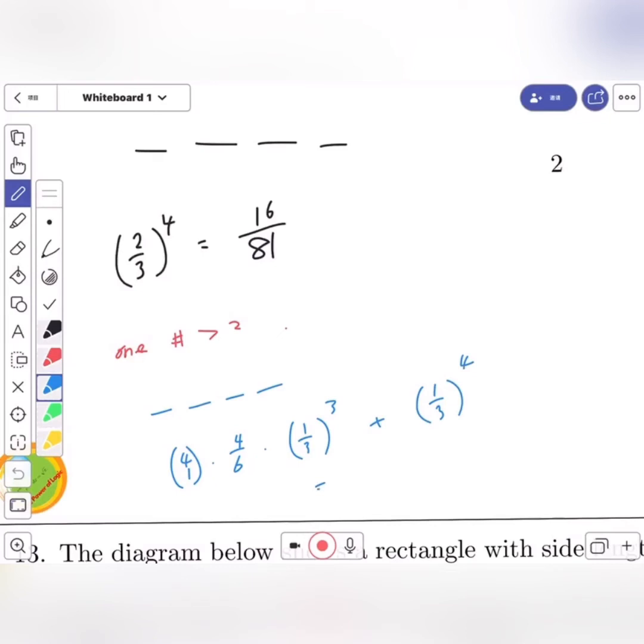Okay, so we evaluate this number out, then this is 4/81 plus 1/81, which is 5/81. Well, this one's plus 16/81. This gives us 21/81. However,